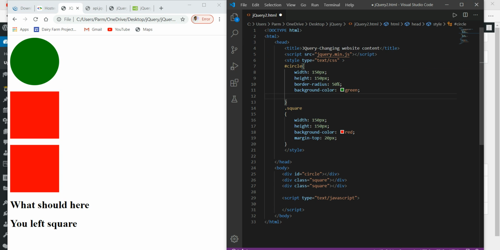Okay, so we continue with this exercise. Here I have a green circle and two red squares.